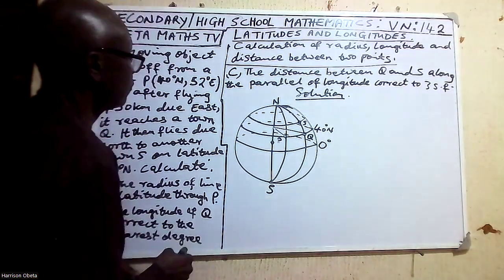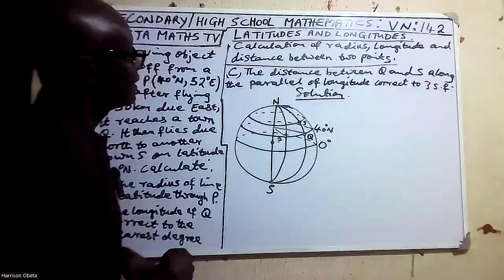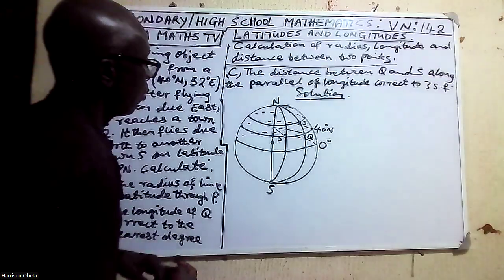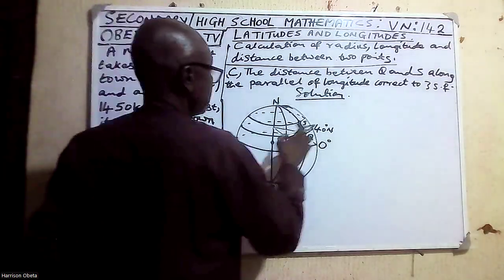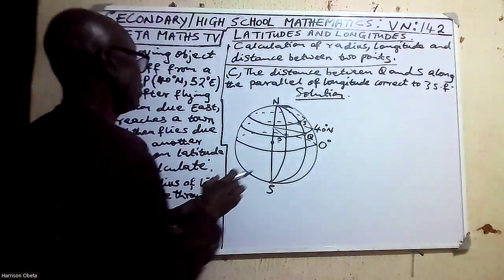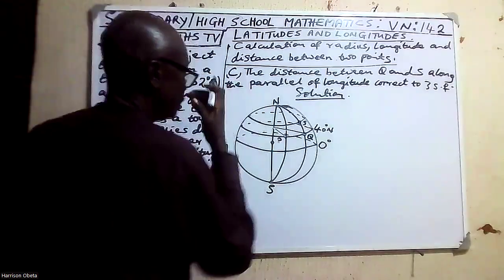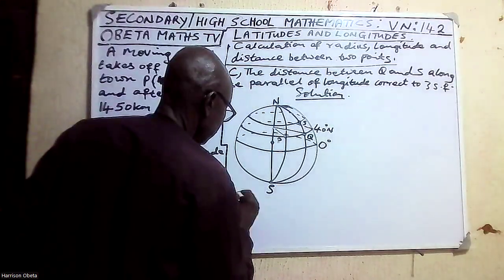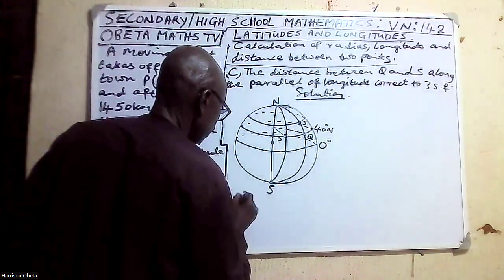So first of all, we have to calculate the radius of latitude there. It said calculate the radius of the line of latitude through P. So latitude 40 degrees. We know that question A,